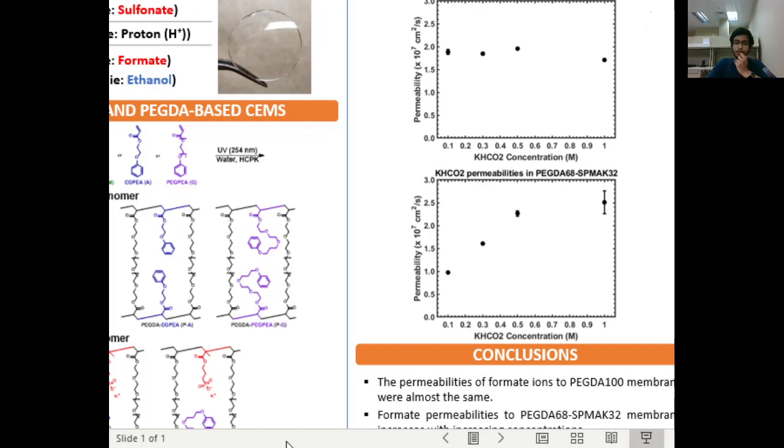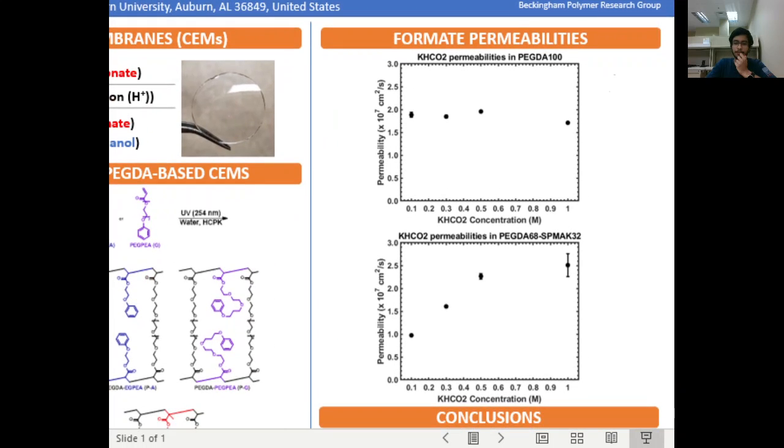One is with 0% co-monomer content, which is referred to as PEGDA 100, or 100 mole percent PEGDA, where in the graph we can see the permeability is almost constant for increasing concentration of formate ions in the PEGDA 100 membrane. While the other membrane which we have prepared is 32 mole percent of sulfonated co-monomer and 68 mole percent of PEGDA, and here we can observe the permeability of formate ions gradually increased with increasing concentration